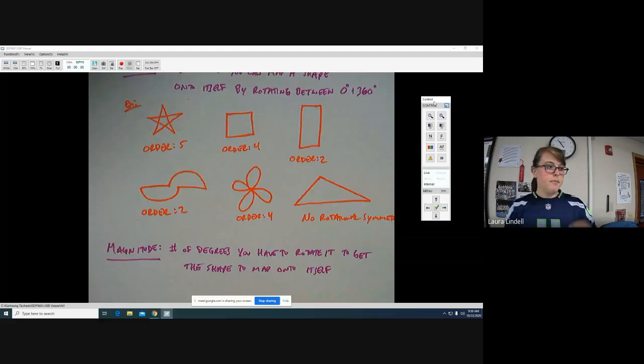So that's the minimum number of degrees you have to rotate the shape to get it to map onto itself. So for example, if we go back to our star,